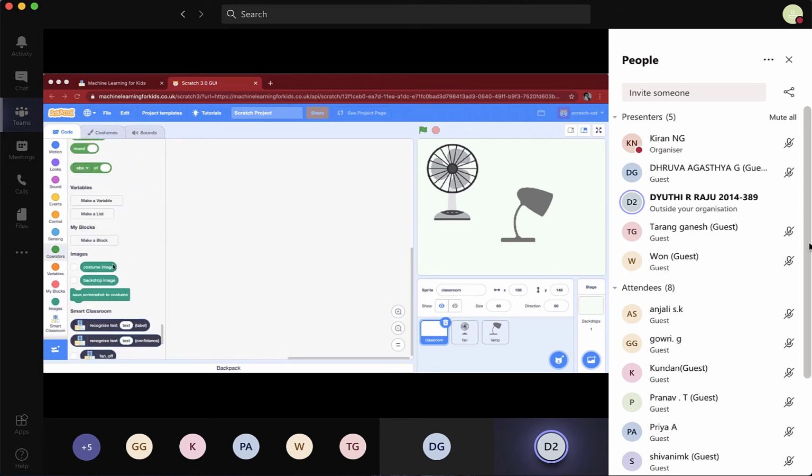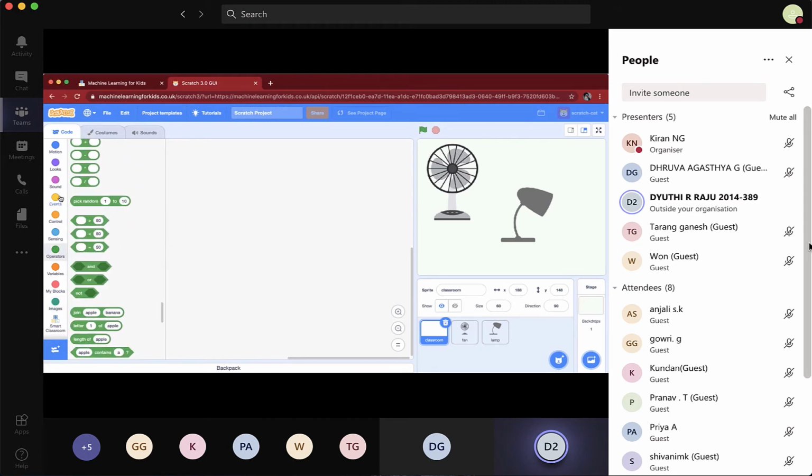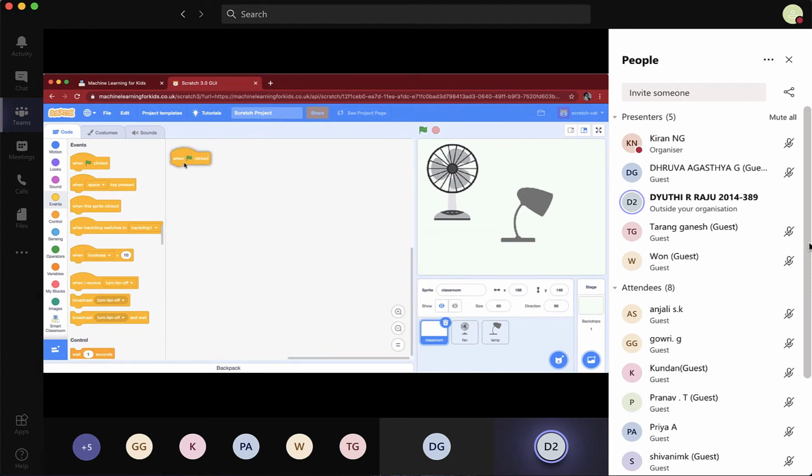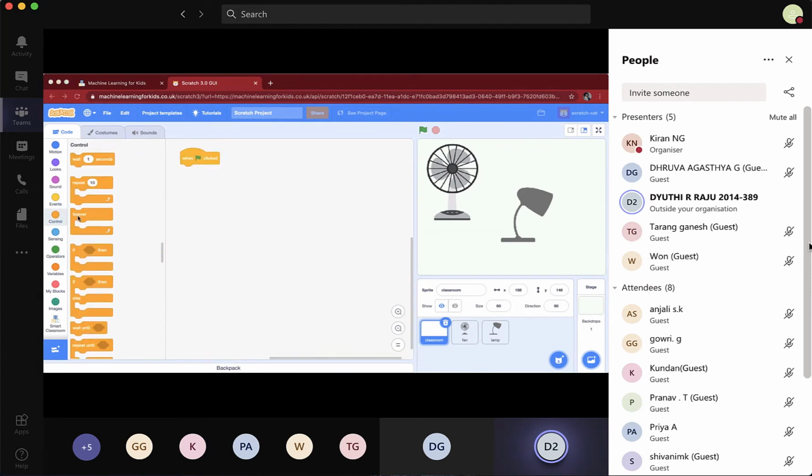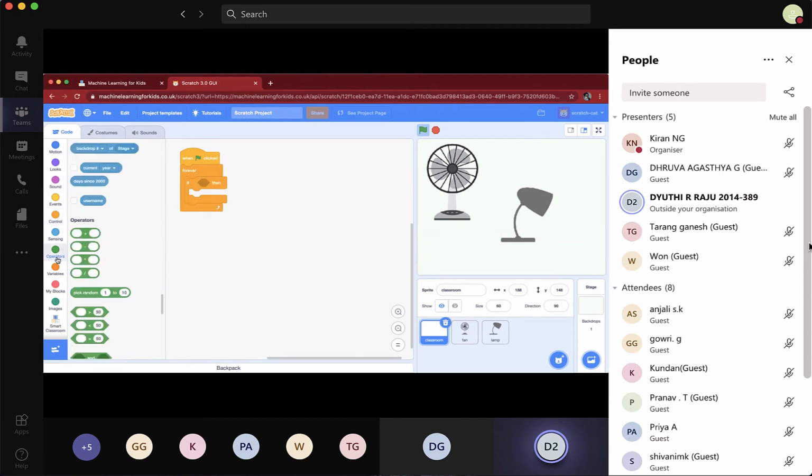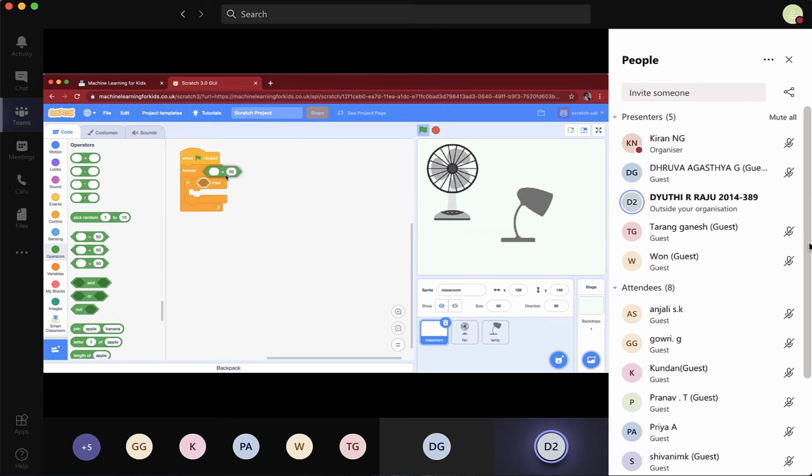I'm going to use when clicked, then from control, forever, then I'm going to use if then. I'm going to go to operators and put this one.